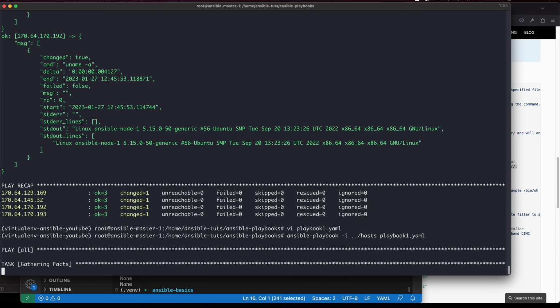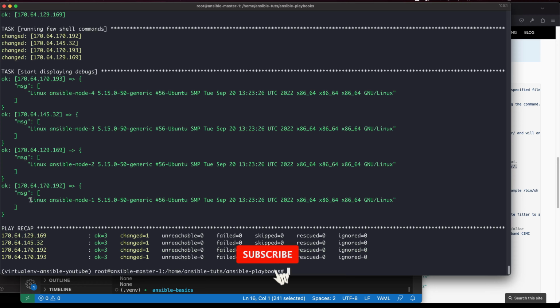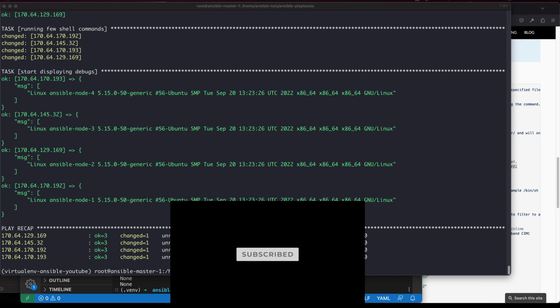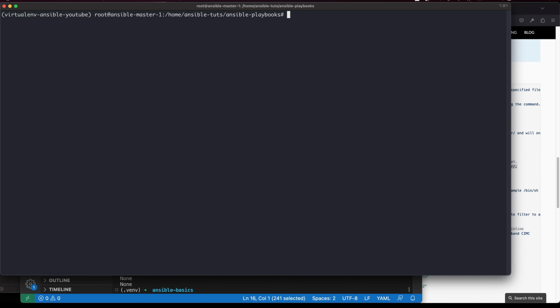Now if I run this again, there you go, you got the expected output, right? Now after doing that, let's work on a few other playbooks. Let's do it on